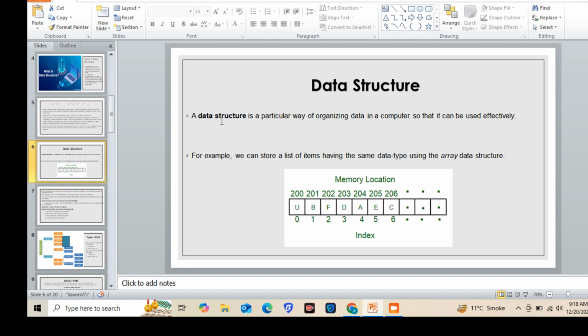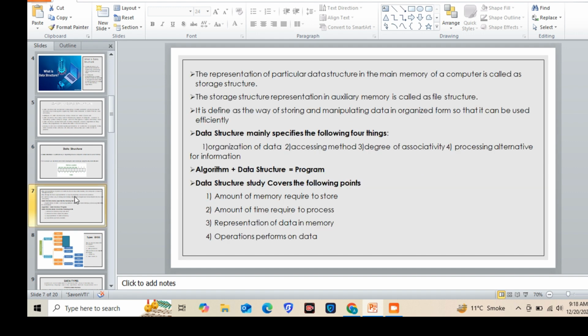Operations on data structure. The basic operations that can be performed on a data structure are: insertion, the operation of storing a new data element in a data structure. Deletion, the process of removal of a data element from a data structure. Traversal. It involves processing of all data elements present in a data structure. Merging. It is a process of combining the elements of two similar data structures to form a new data structure